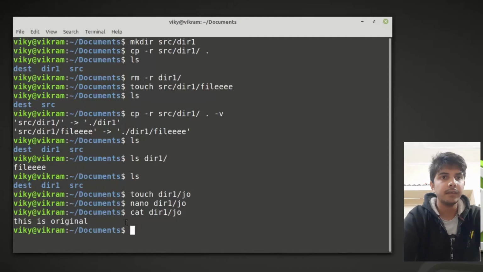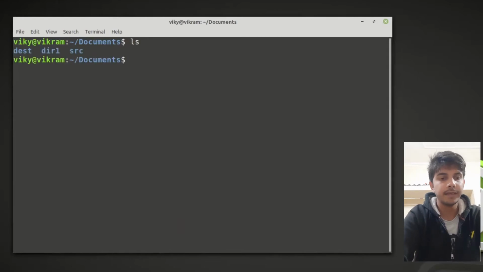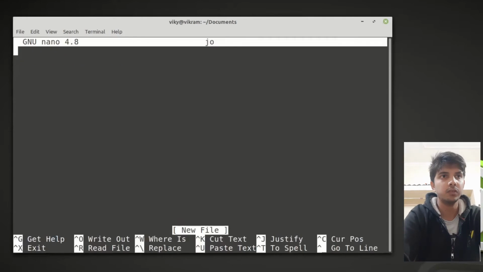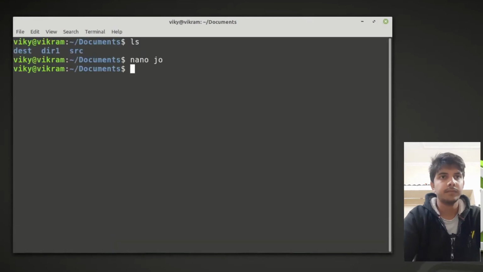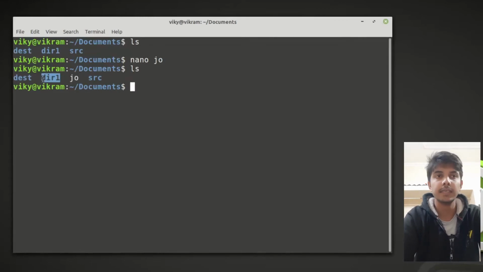Now let's say I also create one file here, let me clear it first. I'll give the same name geo and write here: this is not original. Now we have two files. One is geo in this directory, and one inside the dir1 directory, which has different content.